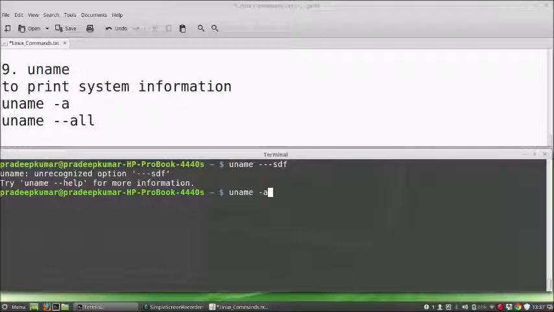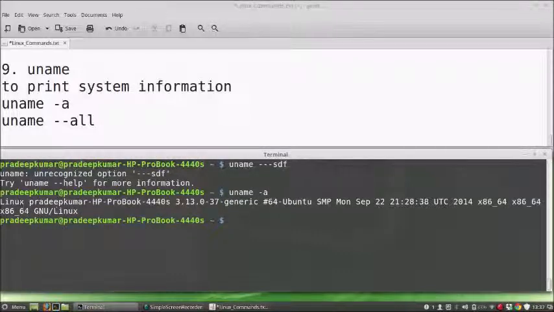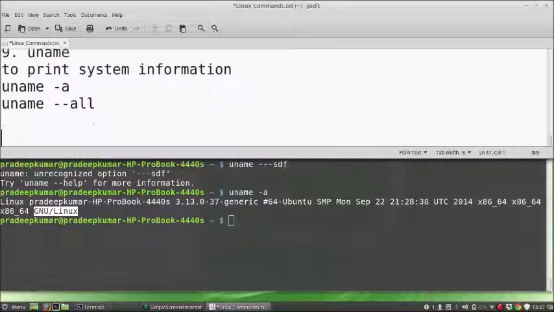So in general you can print all these things: the name of the machine, the kernel version, what type of Ubuntu I am using, the date and time, the 64-bit architecture, and the name of the operating system, GNU/Linux. So this is the 9th command.